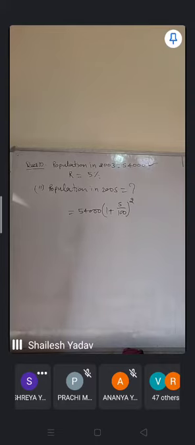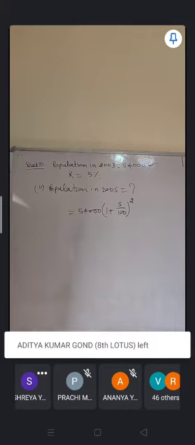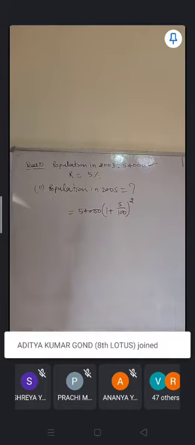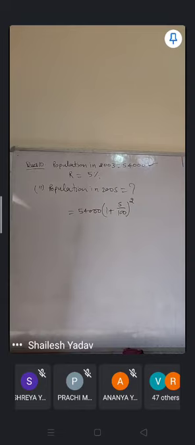Okay, 6.1, question number 7, third part. Okay, so I am going to search that question. Exercise 6.1. Can you give me the page number? Okay, page number 96. Okay, I got page number 96 and question number 7, third part. Okay, Shreya.